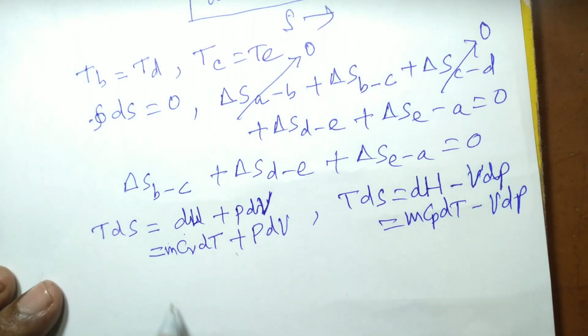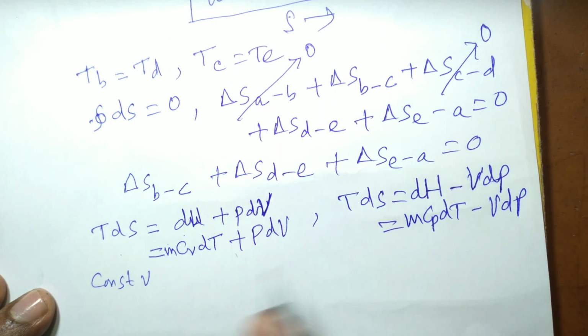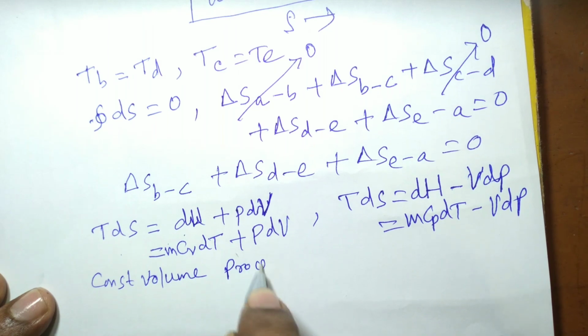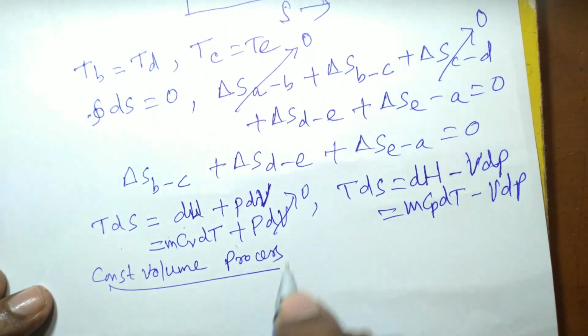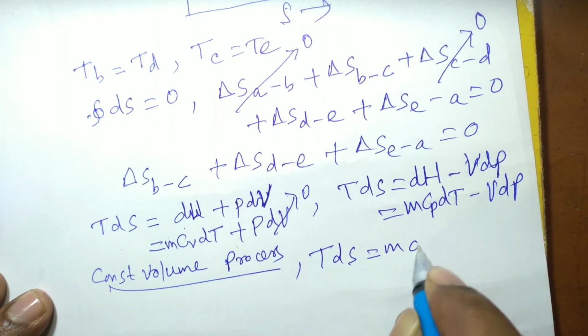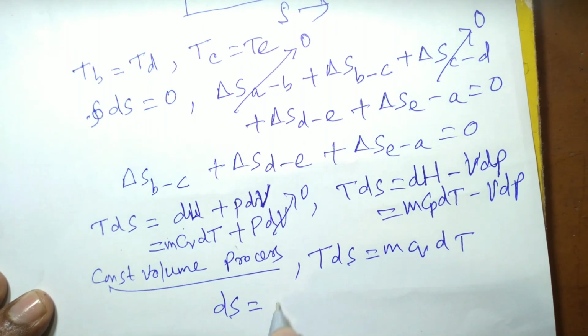You see, these two equations can be used for any kind of process, to find out the change in entropy of a gas. Take a constant volume process. For a constant volume process, the dV term becomes 0. So TdS is mCv dT, from which dS can be obtained like this: